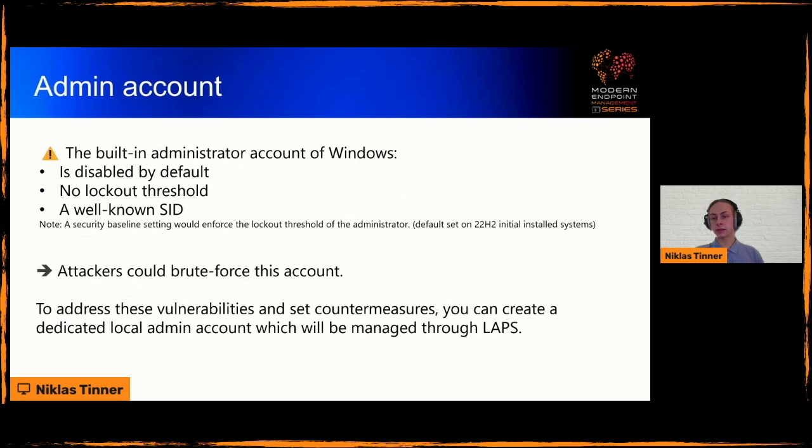So with all the facts known, attackers could theoretically brute force this account. Well, sorry, I missed one. And this is the well-known SID. That means that the first and the last parts of the security identifier of the built-in administrative accounts is always the same. So attackers just know which account they might need to target. This all leads to the fact that attackers may brute force this account because it's known and they have no